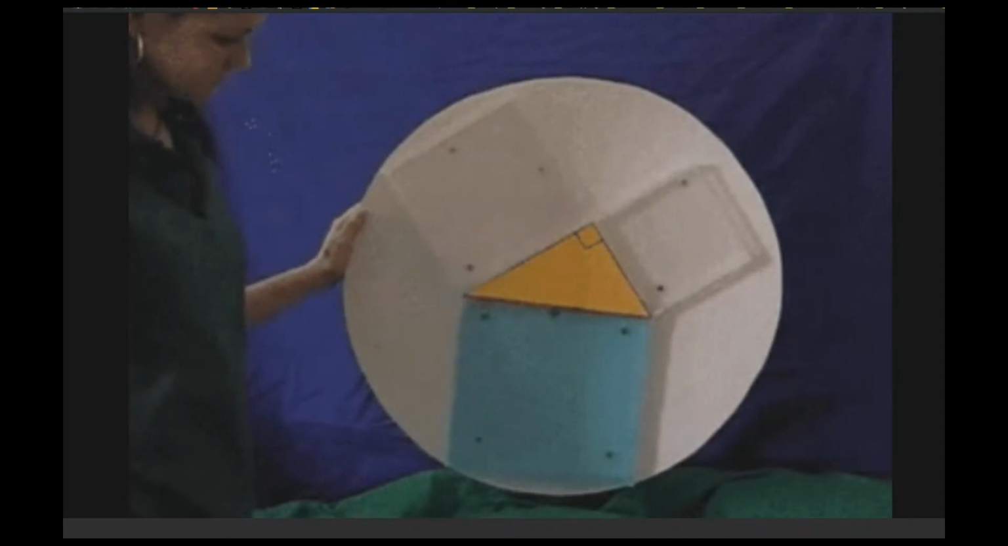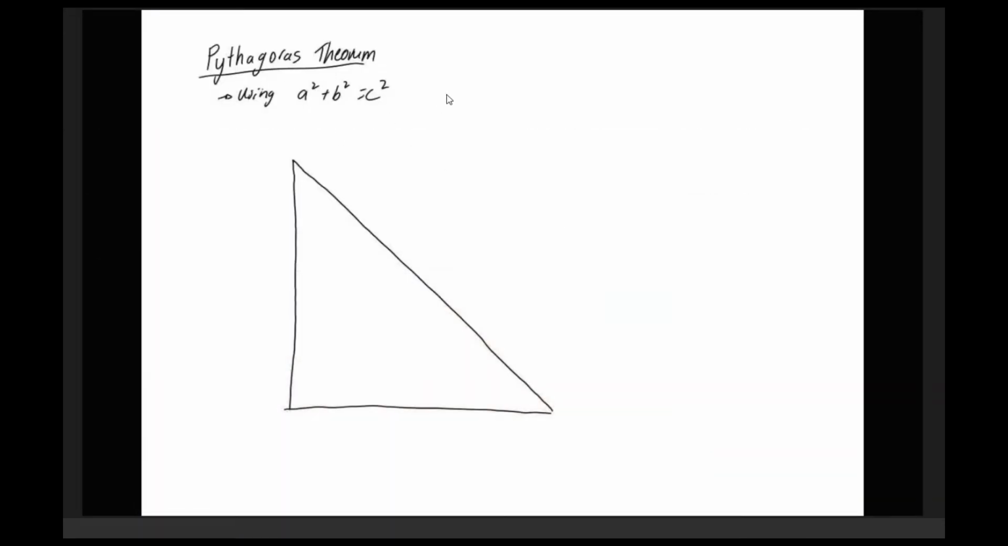Today we're doing Pythagoras Theorem. We're looking at using a squared plus b squared equals c squared. So the first step in doing this is to label. So we need to correctly label our triangle. So if we have a right angle triangle like this, then we need to label it correctly using a, b